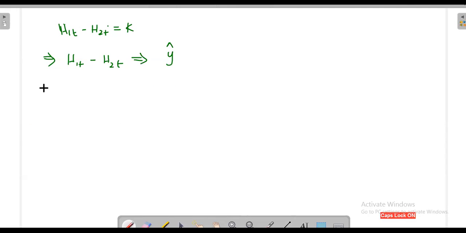Now, what is the direction of K? In the beginning I told you K is the surface current that is coming towards your eyes. Once we draw the coordinate system, the direction of the surface current will be towards your eyes, that is the x direction. So the direction of the surface current density is x cap. Now the surface is clearly in the xy plane. What is the surface vector for the xy plane?